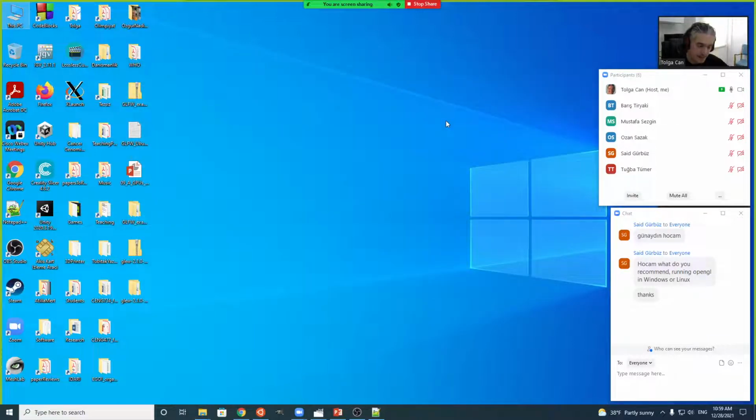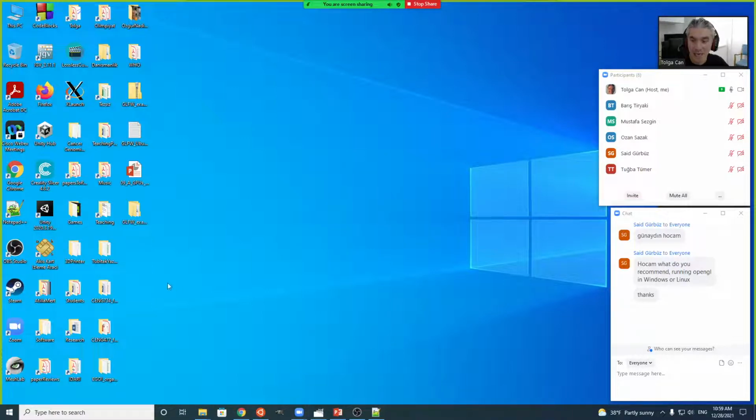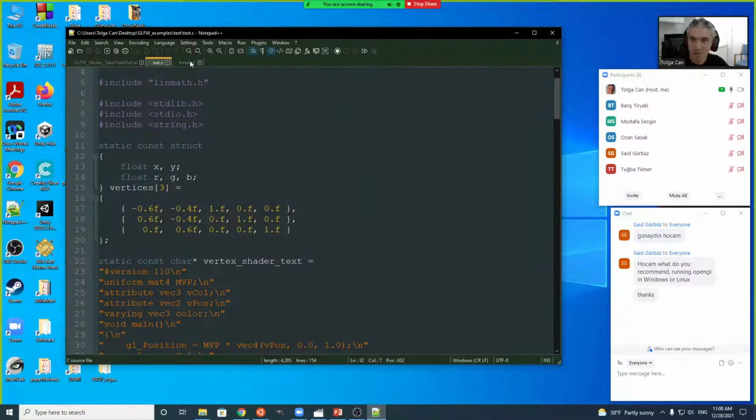As you can see, in each of these installations there are three components: the DLL part, the library part, and the header include files. So you put the header files in your include folder in MinGW, you copy the lib files into the lib directory, and the DLLs go to your system32 folder. Now let me delete these temporary files too. I did all the copying, and hopefully I will now be able to